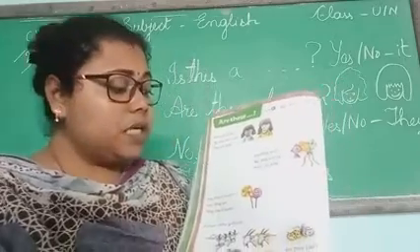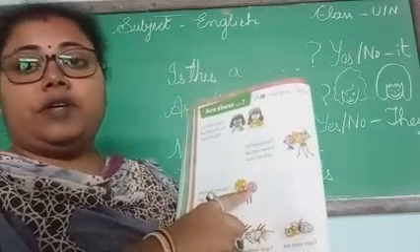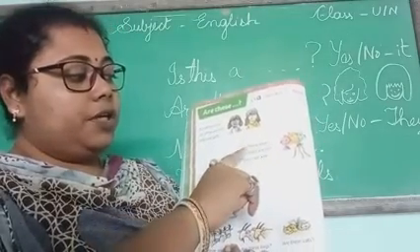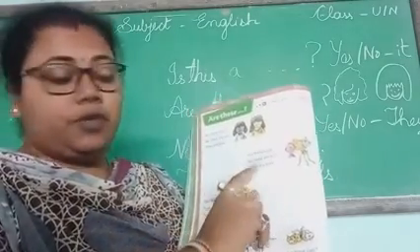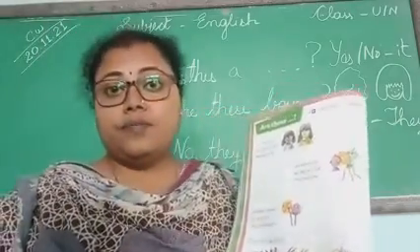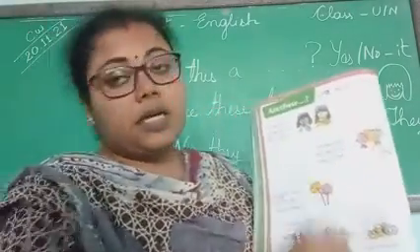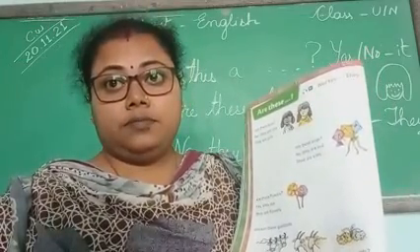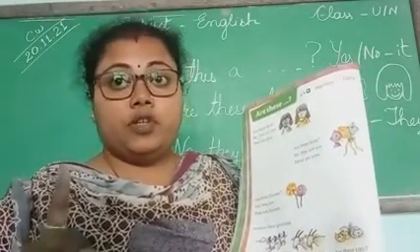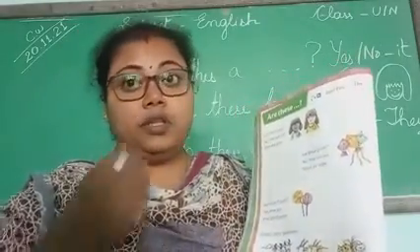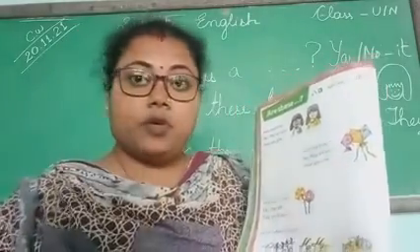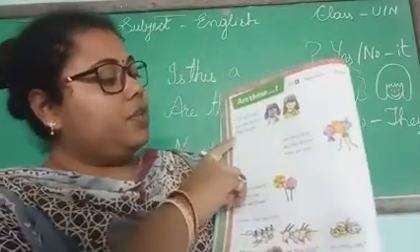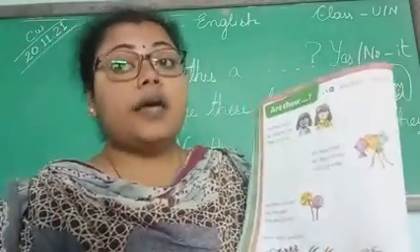Understand? Now next, see these two flowers. Sorry, are these birds? No, they are not. These are kites. You will not say they are kites. They is used only for living things. Okay? Not for non-living things. Kites are non-living things. They cannot breathe. That is why these are kites. Here they are girls, but here these are kites.